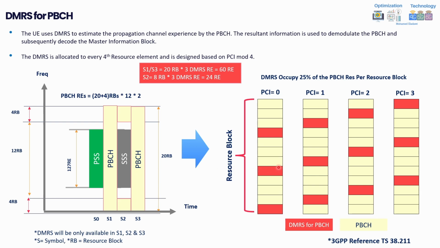Okay, but the most important point I would like to add from the theoretical point of view is that the DMRS is relying on PCI mod 4. What this means, for example, is that if you have four different cells, each using a different PCI, this is how the DMRS will be allocated. The first one will be using PCI mod 0, or PCI 0, so it will be allocated in the first resource element, and every 4th resource element will be used here. Now this will start from the second position because it's PCI 1, and so on. This one, PCI 2, will start from the third position, then PCI 3 will start from the fourth position, and so on. This is the main idea about this part.